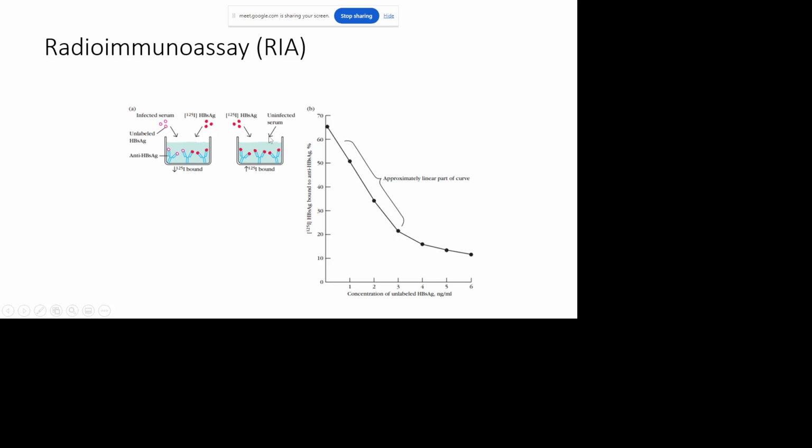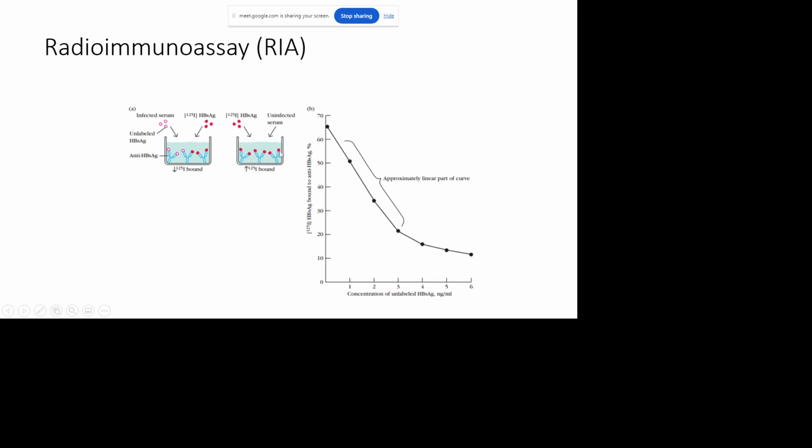If the serum is uninfected, then when you will add the uninfected serum as well as the radio level antigen, then uninfected serum does not have any antigen for this anti-HBs antigen, so it does not have any HBs antigen, so it will not bind to the antibody because it does not contain any HBs antigen, and this radio level HBs antigen will come and it will bind to